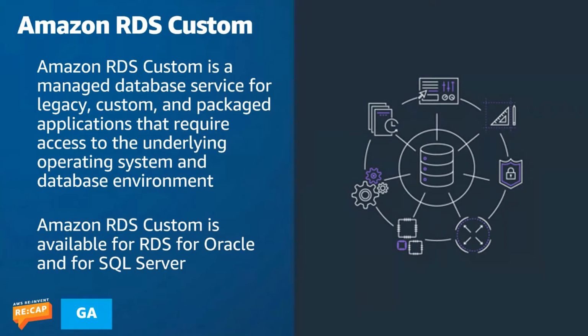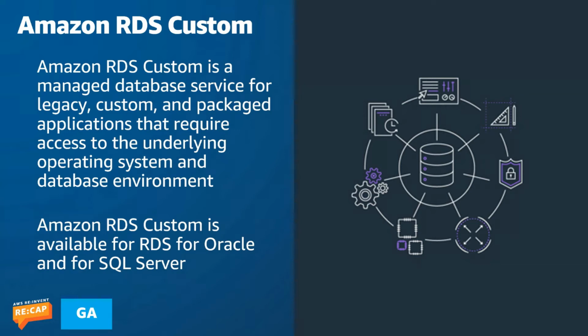Sometimes there may be a requirement that you have to access the underlying operating system of your database instance in order for you to configure the settings to meet the requirements of your application. Before this capability was introduced, you would have to host your database on EC2 so that you can have full control. But if you want RDS instance management and have access to the underlying host, this is where you would